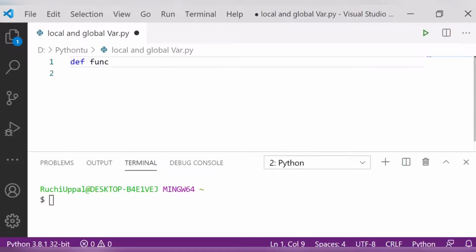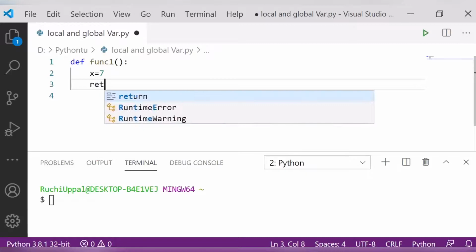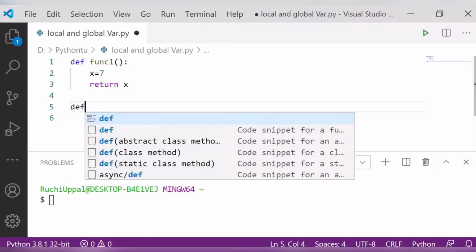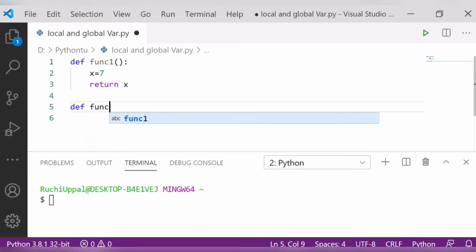Here I am declaring function 1. After that I am assigning the value x is equal to 7 and I am saying return x. Fine, and after that I am again calling one more function, that is function 2. Clear?